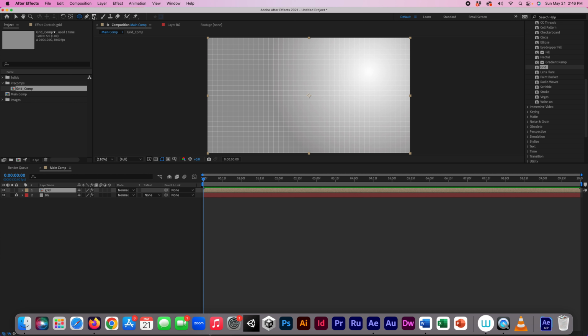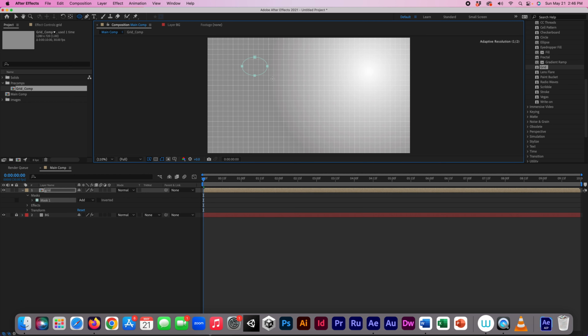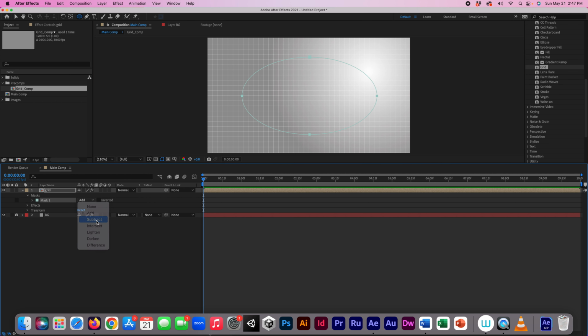And I go and draw a shape. So for example, if I draw a circle, you'll see that what's happening is I've added a mask on top of that grid. And I can just switch it to subtract and